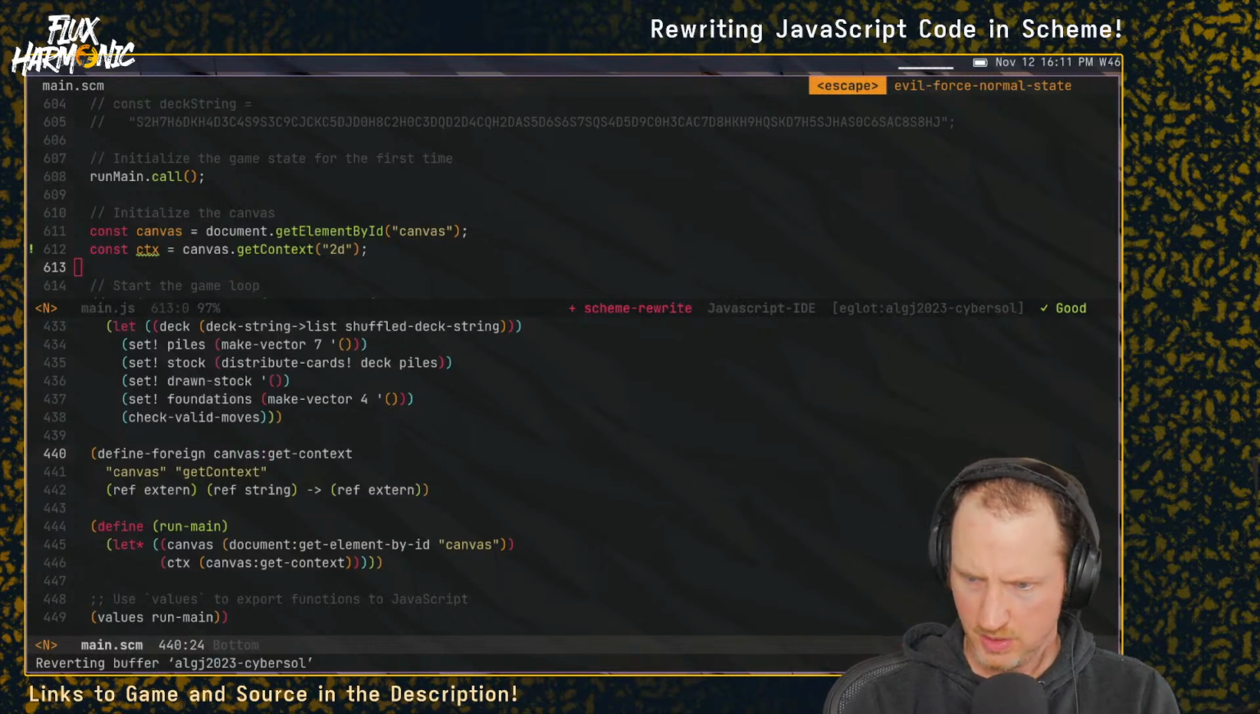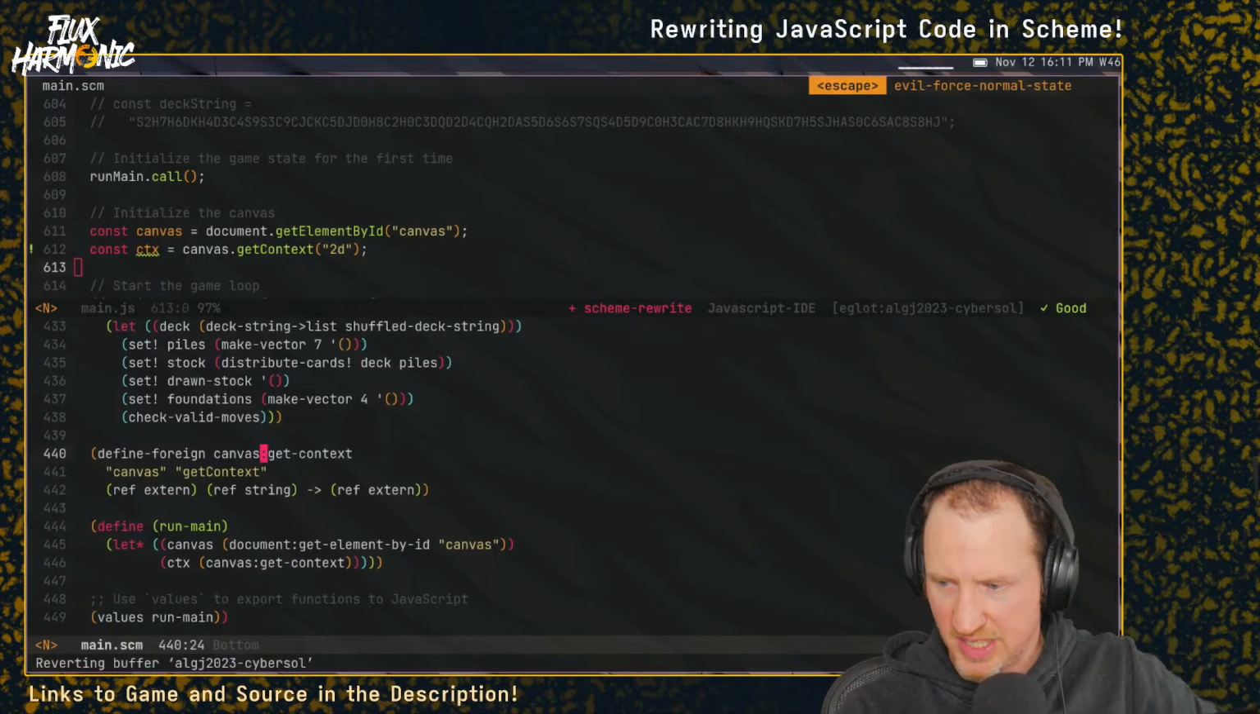Alejandro says, so importing functions from JavaScript to Scheme. Yes, that's basically